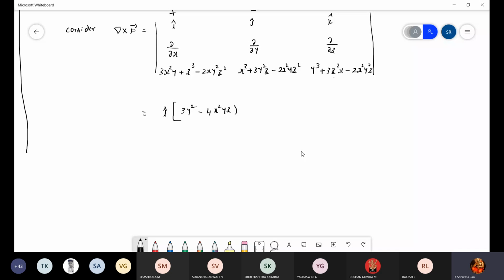Is it right? Yes, sir. Minus dou by dou z of this term. So with respect to z, x cube 0 plus 3y square, 3y square minus 4x square yz. Okay, minus j cap into